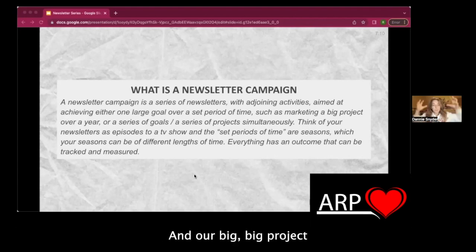And our big project is season 2 of our podcast. We're actually only doing 4 episodes. Those are spaced out between now and December, but we'll still do 1 newsletter every month. This helps us decide which newsletters are really going to focus on the episode releases and which ones are going to focus on other stuff in between. So that's a really great example for tonight because it is episodic, right?